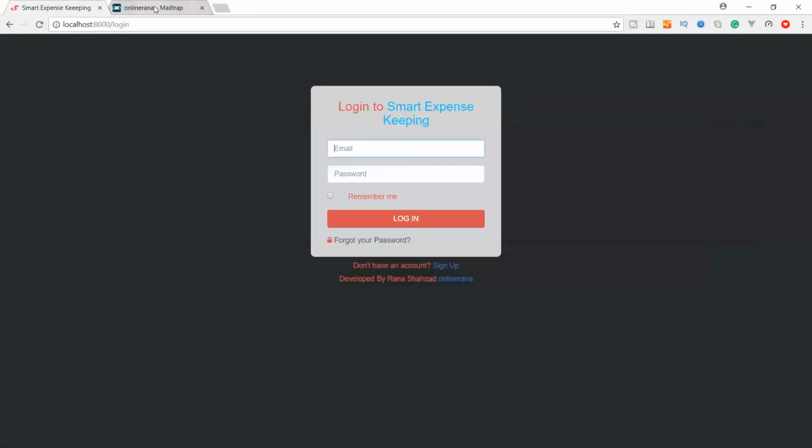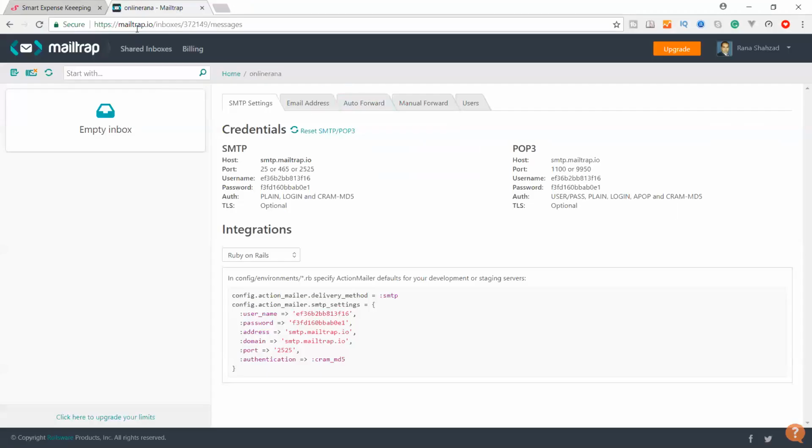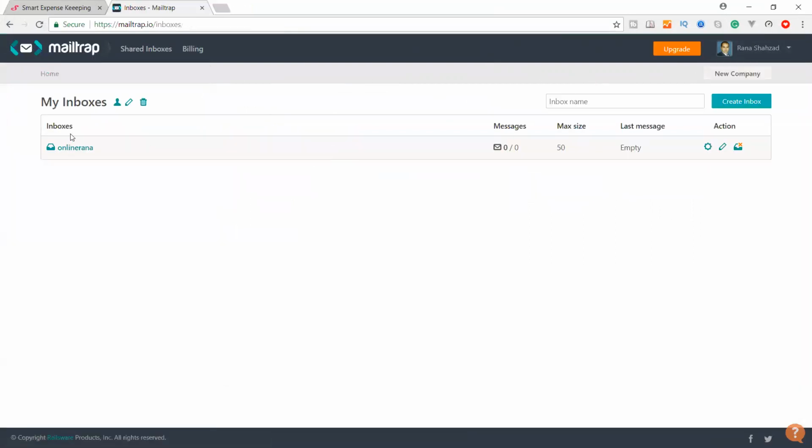Come to the browser, go to the Mailtrap site and sign up. When you sign up, they will show you this page, and you just need to create an inbox, just like I have created an inbox for me. This is a test example.